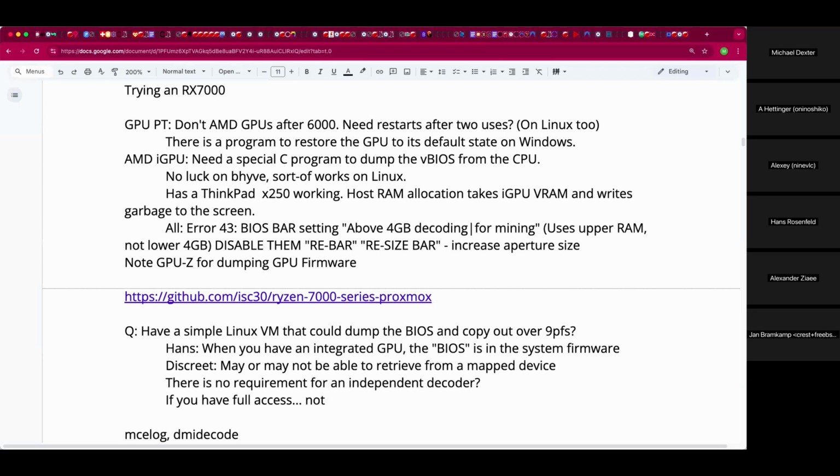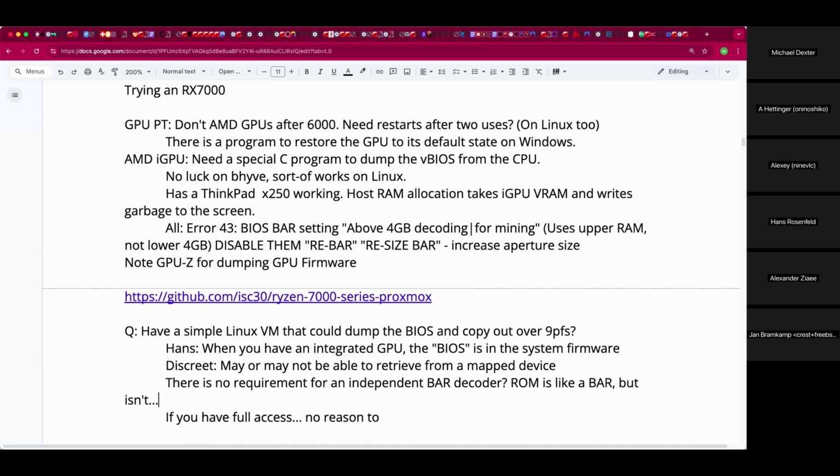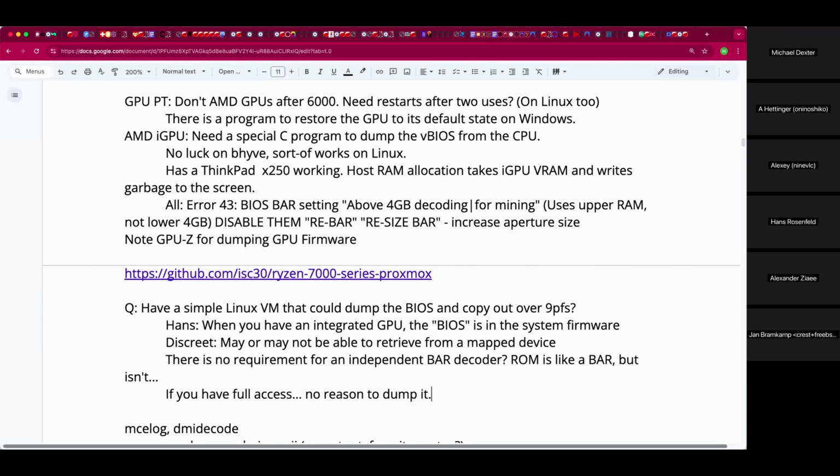Decoder or something? No, on a PCI device there's a couple of decoders for the various BARs, and the ROM is kind of like a BAR, but then it isn't. The original spec for PCI said that a device does not need to have a separate decoder for the ROM BAR. So basically, you enable the ROM, and it's perfectly fine if all the other BARs go completely black and you can't access them until you disable the ROM. In theory that is not much of a problem, but